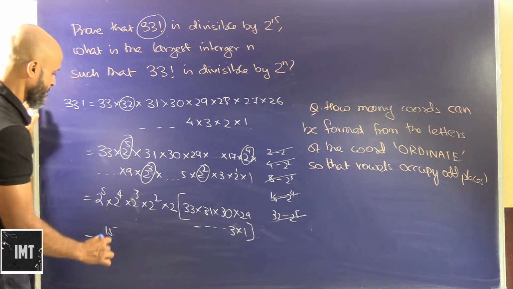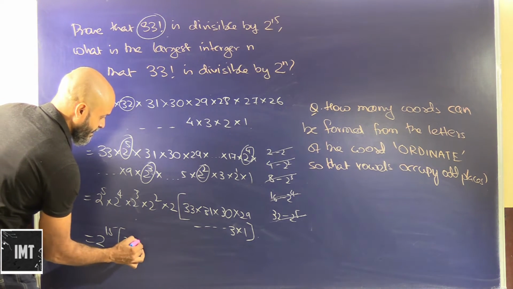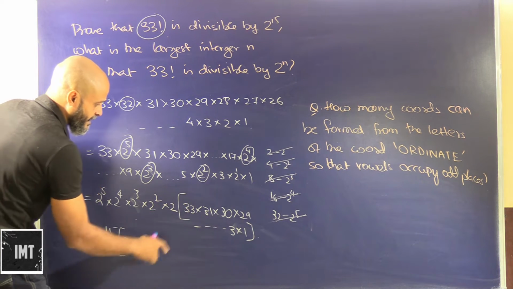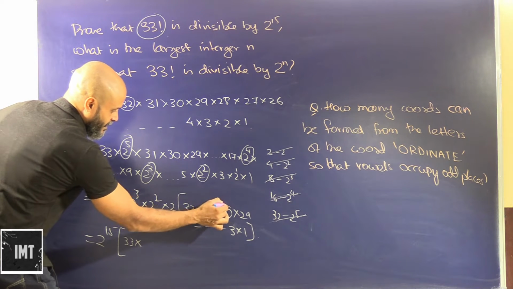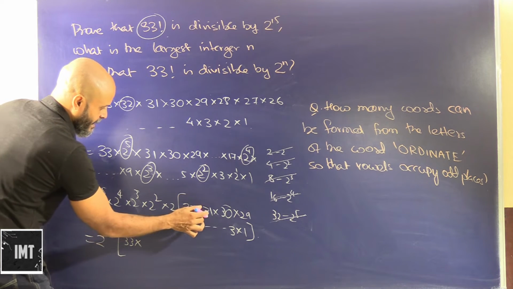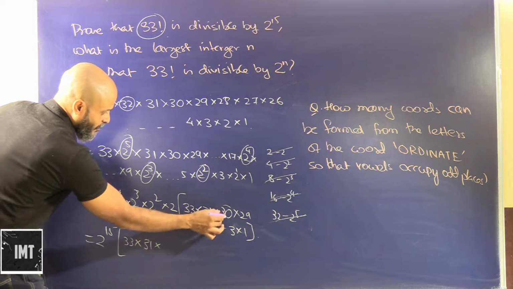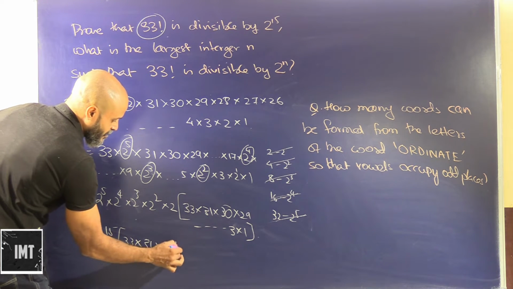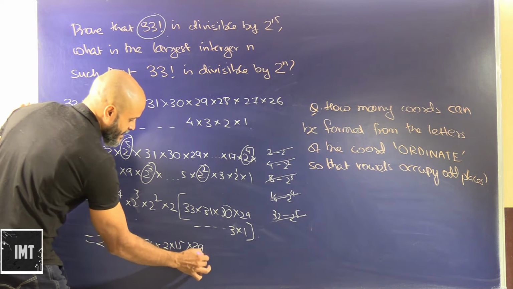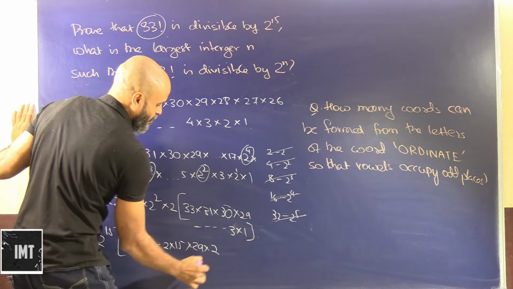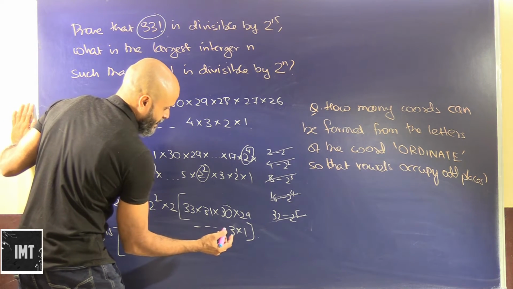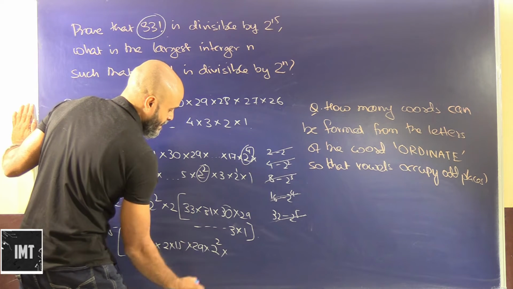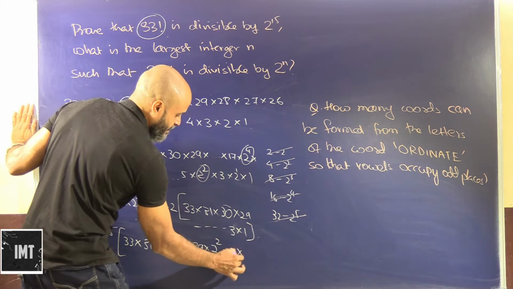So this is divisible. Now we will take out the even numbers. For 33, 32 is already taken out, 31. So this will be 31. For 30 we can write 2 15s are 30. So this will be 2 into 15. 29 we can write as it is. 28 we can take out 1, 2 into 14. Okay, so we can take 2 square. For 27 nothing. 26 we can take out 1, 2.